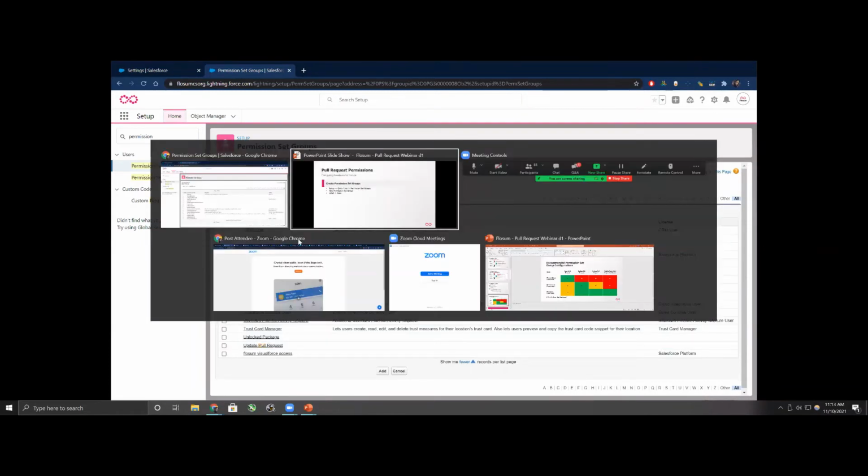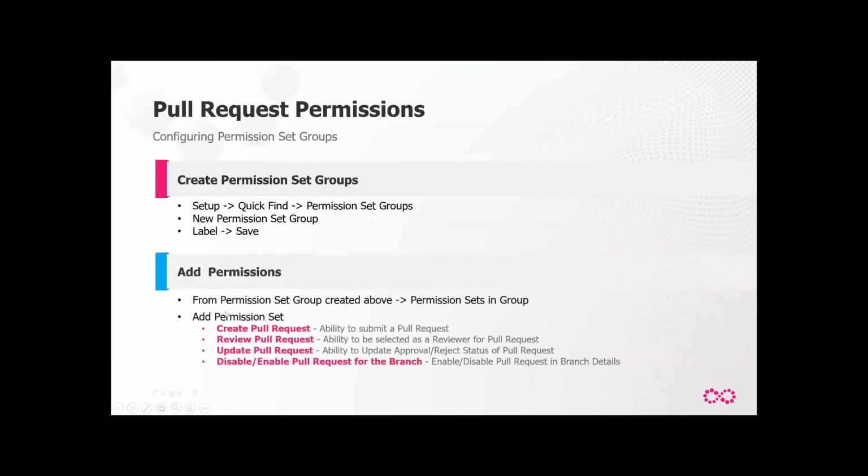What those correspond to, back to our presentation. All right, permission sets in group. Create, you're given the ability to submit a pull request. Review, the ability to review a pull request. And specifically, this is to be named a reviewer of pull requests, to be selected as a peer reviewer. So you'll want to enable this for anyone who will go in and be an option for checking out code